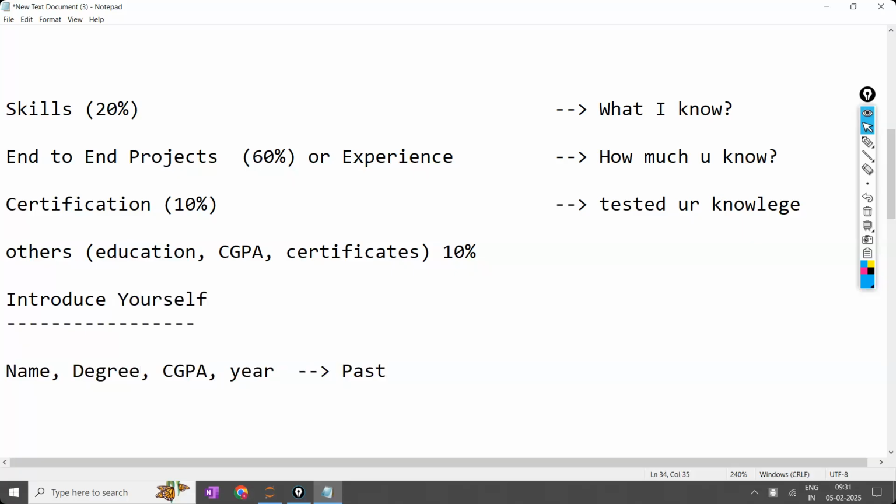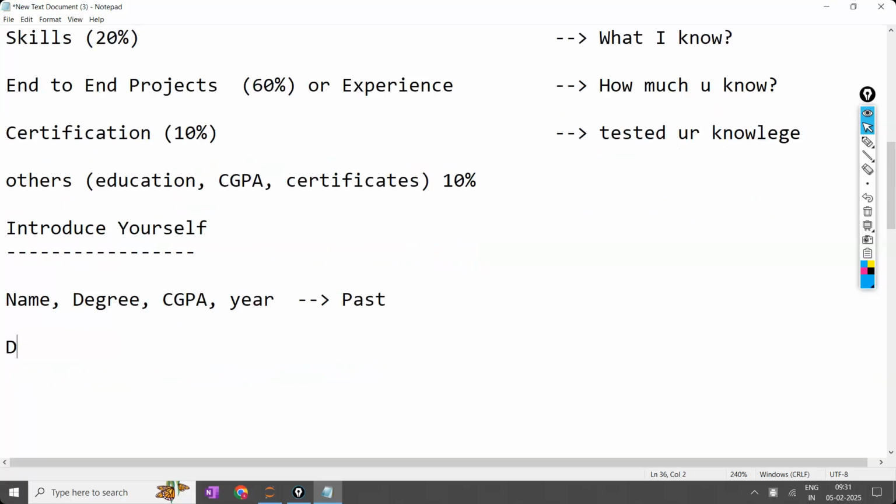On what am I going to give the job? Based on this, no? On what am I going to give the job? On data analyst skills. So highlight this one. Down, which one do you have to highlight? This one or this one? Based on what I'm going to give you the job, that one you have to highlight.